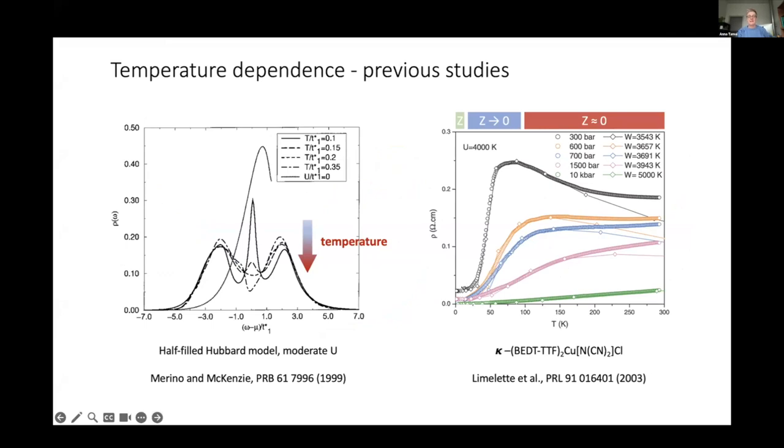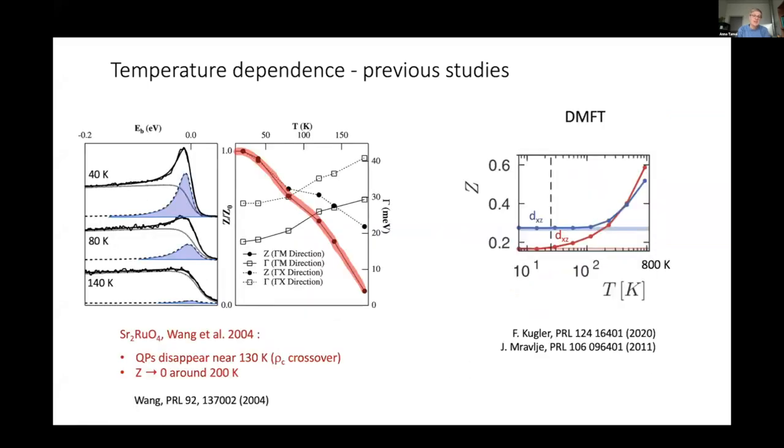They have a finite resistivity at low temperature, then the resistivity goes up and decreases as you increase temperature. Z goes to 0 because you eventually enter into an insulating state. This is not the case in the ruthenates. They are very good metals up to high temperature. So there is clearly a bit of a problem between an experiment that says that Z goes to 0 as you move away from the Fermi liquid into this bad metal phase, and theory that says that Z should go to 1 or should increase.